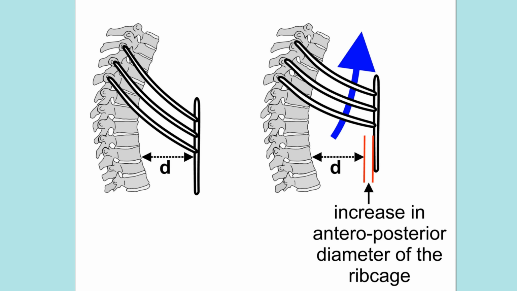And any muscle which depresses your rib cage will be your expiratory muscles. So again, when you're increasing either the anterior posterior diameter of the chest cavity, or you're increasing the vertical axis, along the vertical axis, you're increasing the volume. And when you increase the volume of the chest cavity, you're decreasing the pressure. So that is how it correlates. So when you increase the volume, you decrease the pressure, and when you decrease the pressure, the air will flow from the atmosphere inside your lungs.